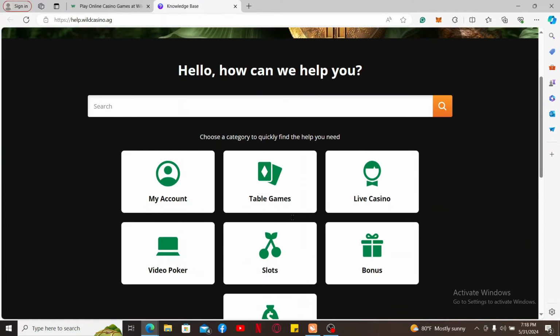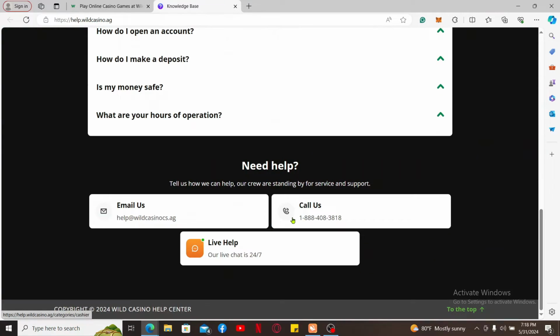From the Help Center, go ahead and scroll all the way down under Need Help. You can choose any one of these options in order to proceed with your account deactivation process. Go ahead and write down an email to this email address over here and mention that you'd like to delete your account. You can also phone call on this number displayed on the right hand side of the screen right under Call Us and request to this customer support agent that you'd like to deactivate or close your Wild Casino